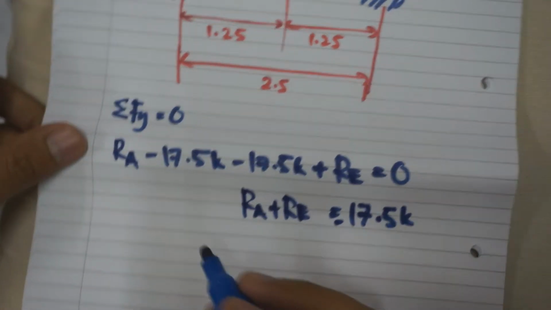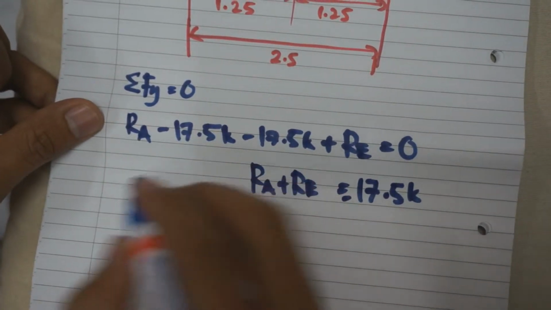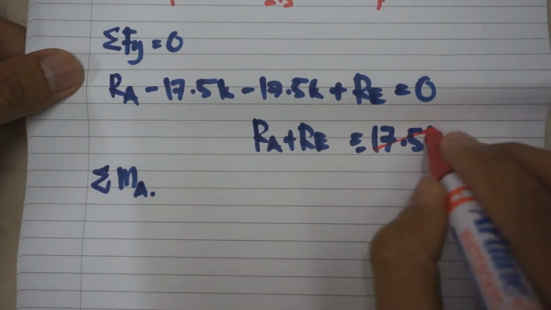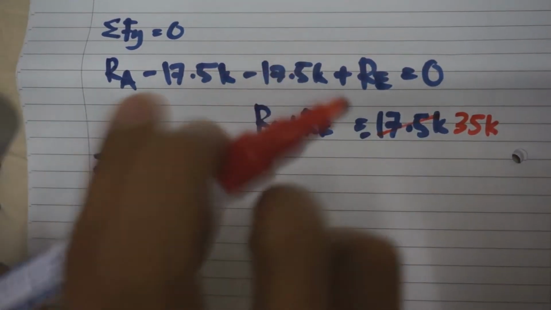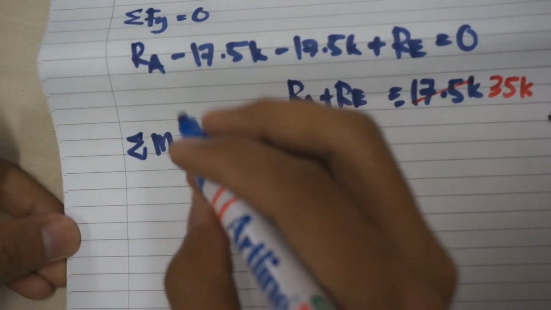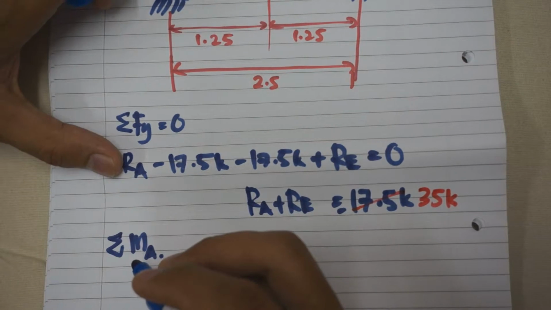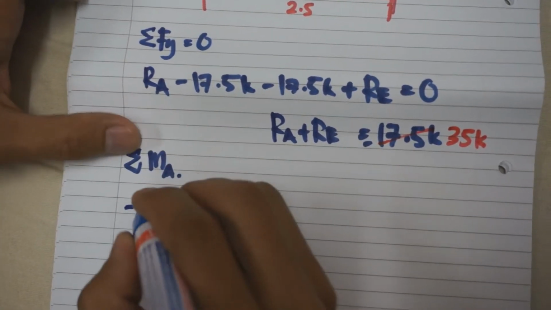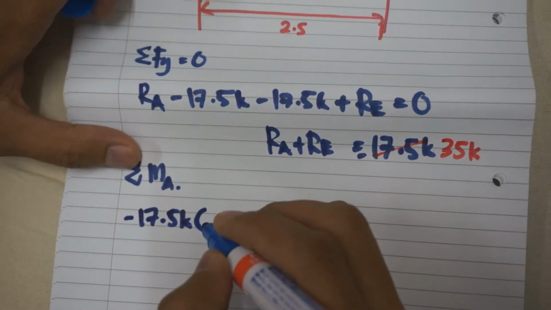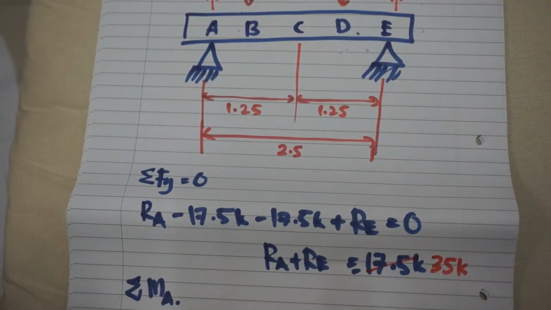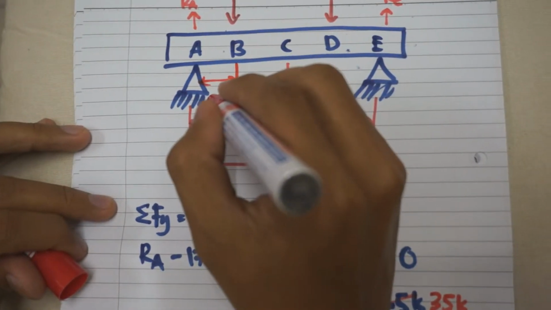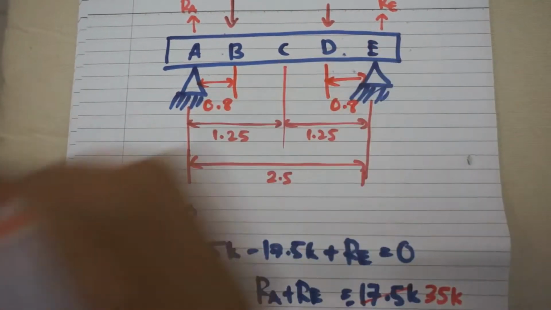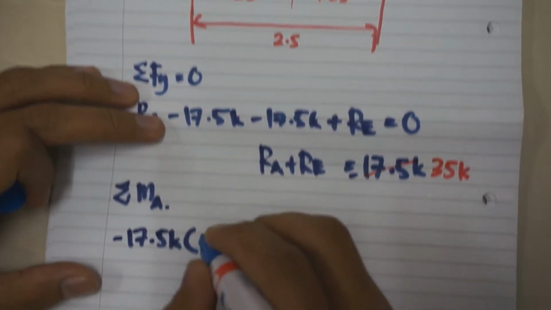Okay, then we have to find the summation of moment. We take the moment starting at point A. Oh, sorry, it should be 35. Okay, now we will calculate the moment from point A. From point A, we have the force at B, which is rotating clockwise, which means it will be negative 17.5k times the distance from A to B. So we assume A to B is around 0.8, and also goes to D and E. So 17.5 times 0.8